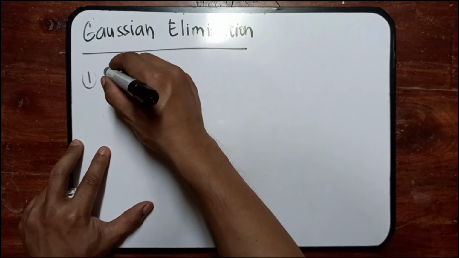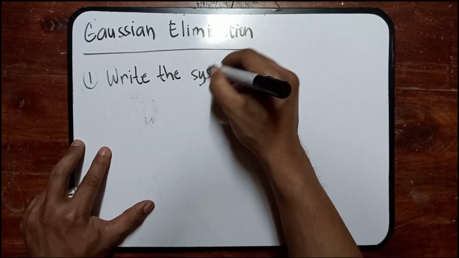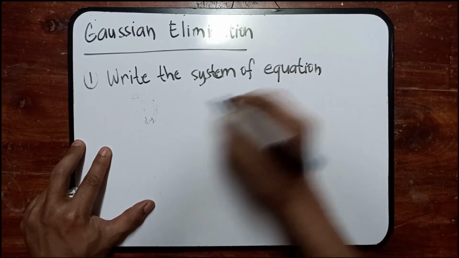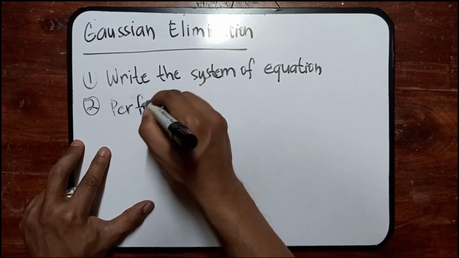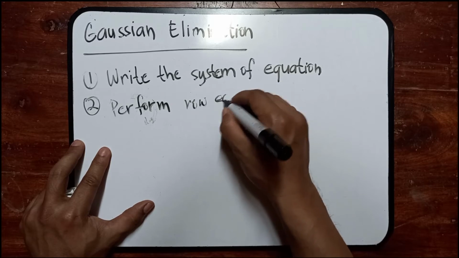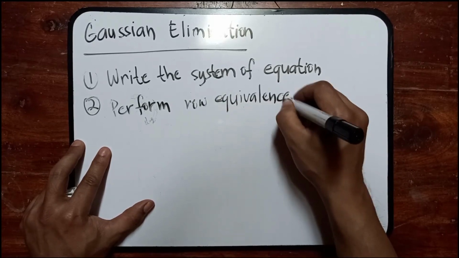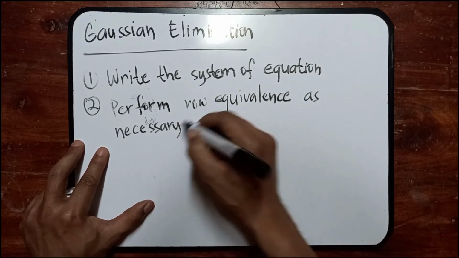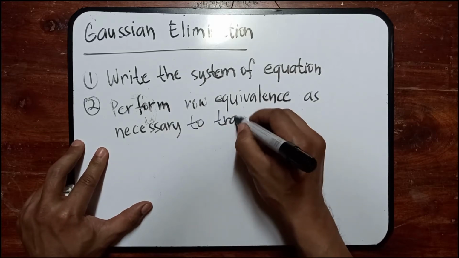is we write down the system of equations. The second step, we perform row operations or row equivalence as necessary to transform the matrix